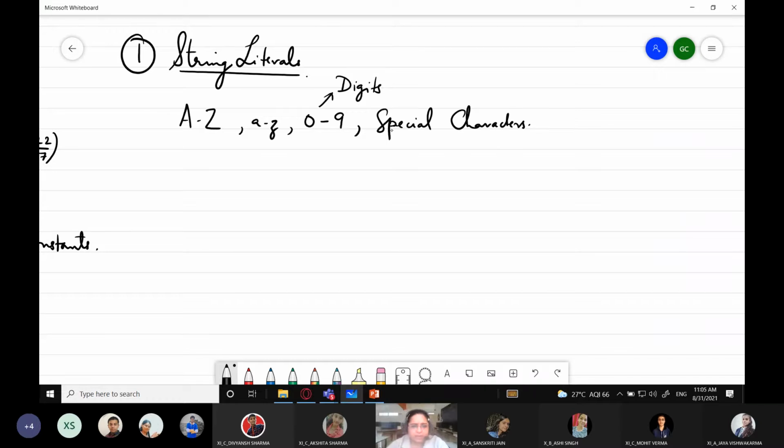Last year, when we were studying MS Access, you had studied about data types. Do you remember that? In that, we had studied about various data types like text data type, short text, long text, if you remember that. So all those data types which are alphanumeric in nature, that is which contain alphabets and also digits, they contain special characters also, they are known as string literals. Some examples of string literals are